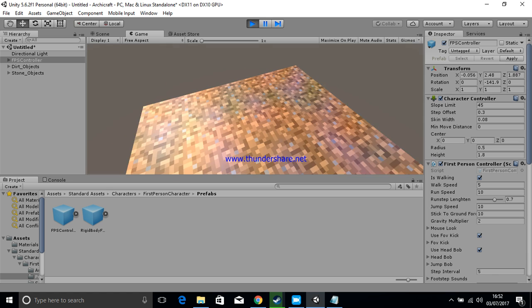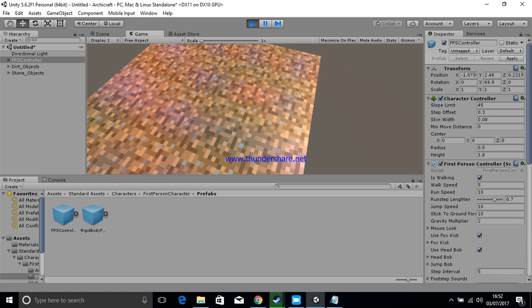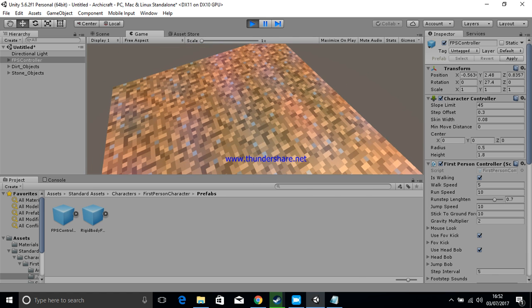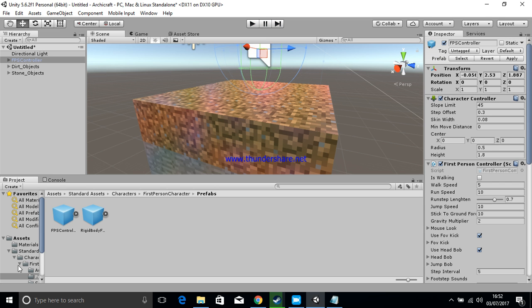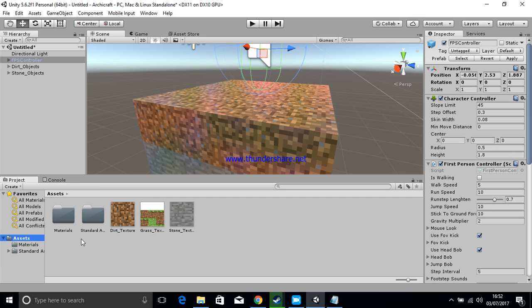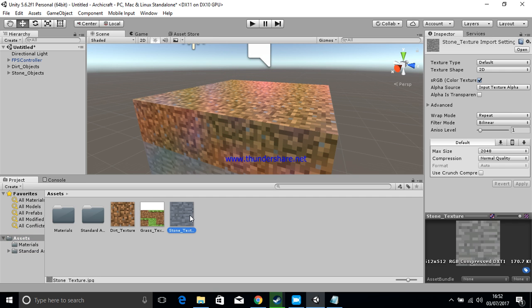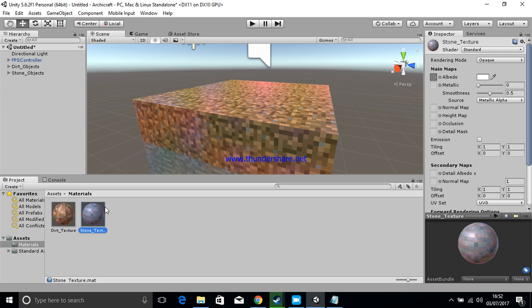As you can see, and you can see the background. As you can see, it's a little bit shiny. I'm going to try and fix that right now. Basically, I'm just going to minimise all these just to make it nice and neat, because I am a neat person. You're going to go into stone textures. In fact, no, go into materials, stone texture,